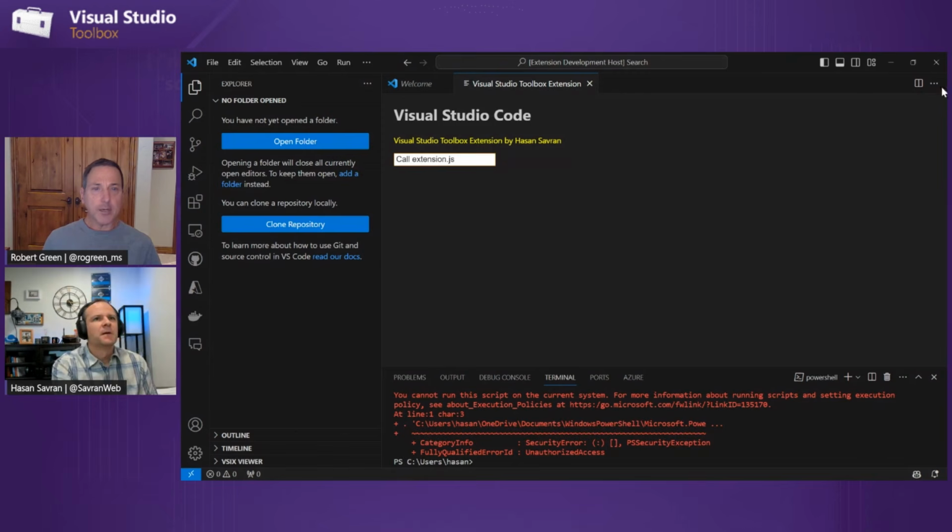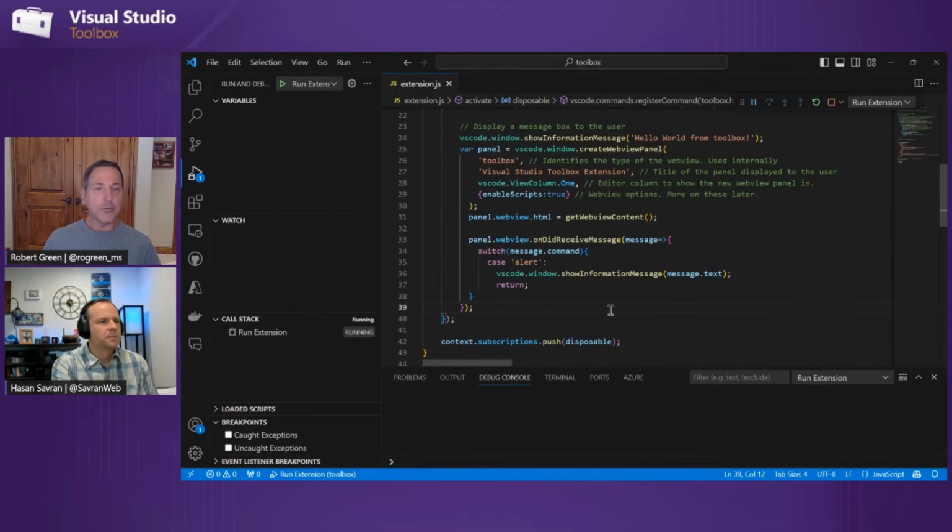Okay, so now how do you install this for yourself? And if you want to share it with others, what happens? So the next part, when you are happy with what you have, you want to publish this to the marketplace, so you can share with others. Can you just download it, write it for yourself? Do you have to publish it in the marketplace? You can just write it and put your VSIX file somewhere, but